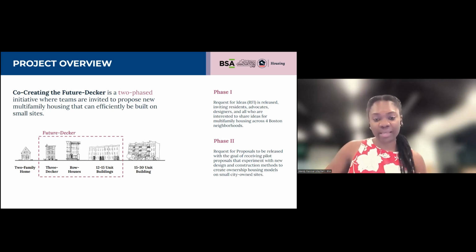Then, with that information and through many means of engagement, we thought about how that could inform the second phase. In the second phase, we would issue a request for a proposal with the goal of receiving pilot proposals that would experiment with new design and construction methods to create ownership housing models on city-owned parcels that are also small.